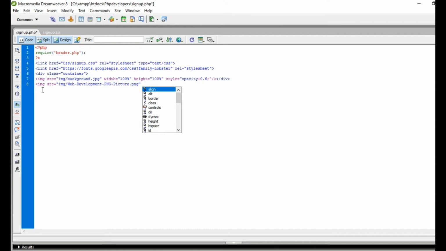Now I will give width that is 600 pixel, height 600,